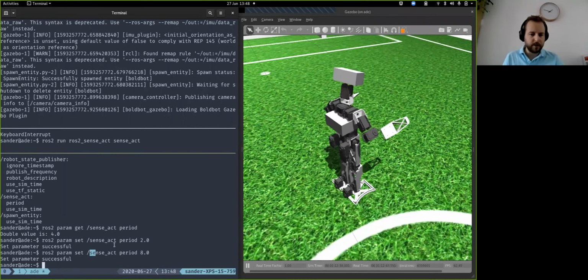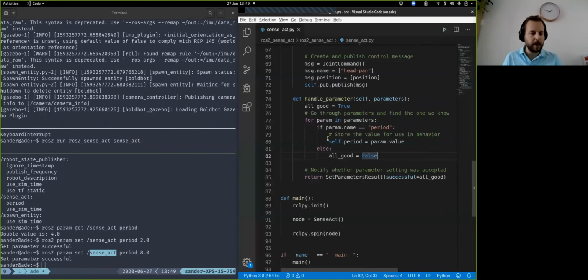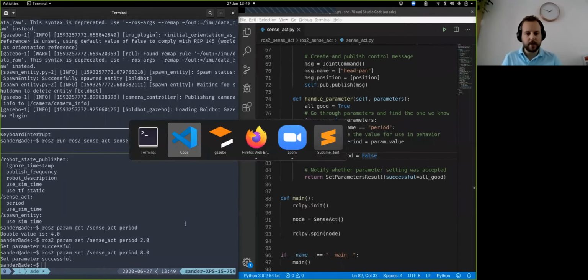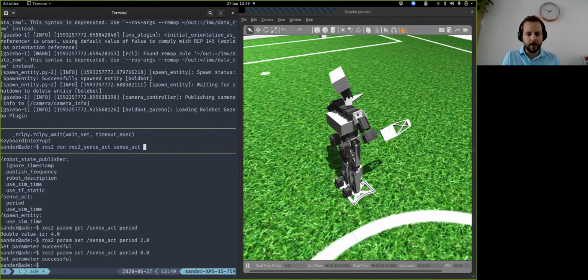It doesn't work for all of them. So to have that work, the node actually has to do this registration of a callback function. If you look into many nodes that are out there from standard packages, not all of them do that. So then you can only change the parameter value at startup, which is, if you're familiar with ROS2, also kind of similar. But you can do that on the command line. So whenever you start a node, you can supply extra ROS args. One of them is param, and then you can say period, and let's set it to